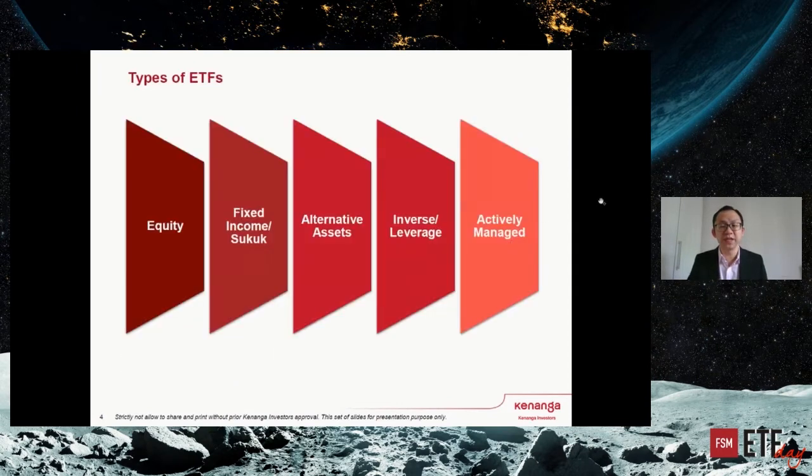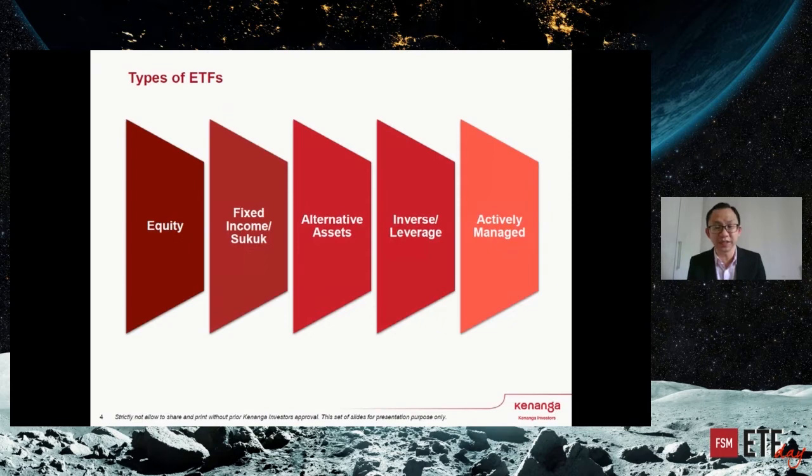And what types of ETF can we have here? Basically, an ETF tracks an index, and the index is what we call the underlying. It can be any underlying, as long as the ETF fund's objective is to track that particular asset class or the particular index, then it will be good.